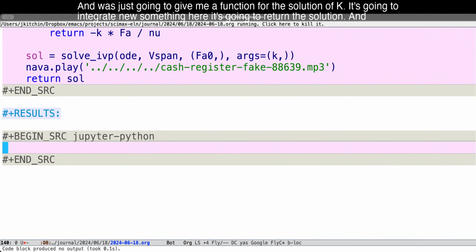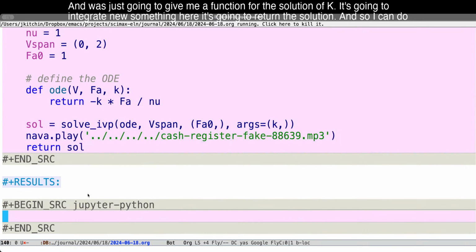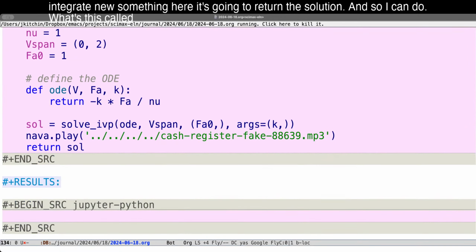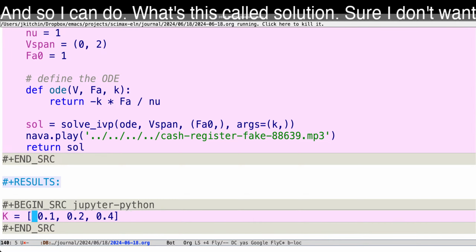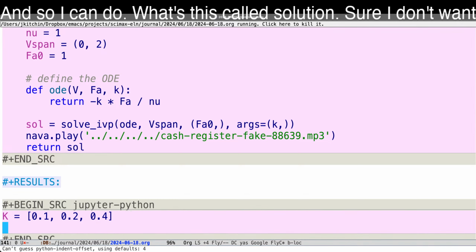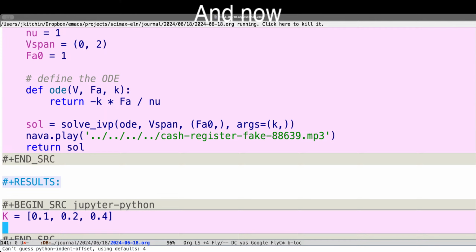And so I can do, what's this called? Solution. Sure, I don't want K is 0. And now I'm going to say